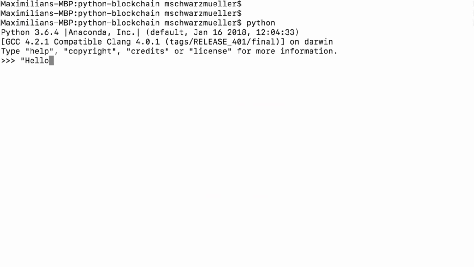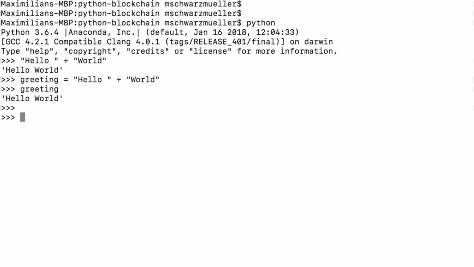If we got a string like hello and another string like world, if we add the plus, so the addition operator, Python will concatenate both into one string. So if we create a greeting variable and we store that hello world text I just created and we output greeting thereafter, then we just get hello world here, so one string. Now that's good to know.